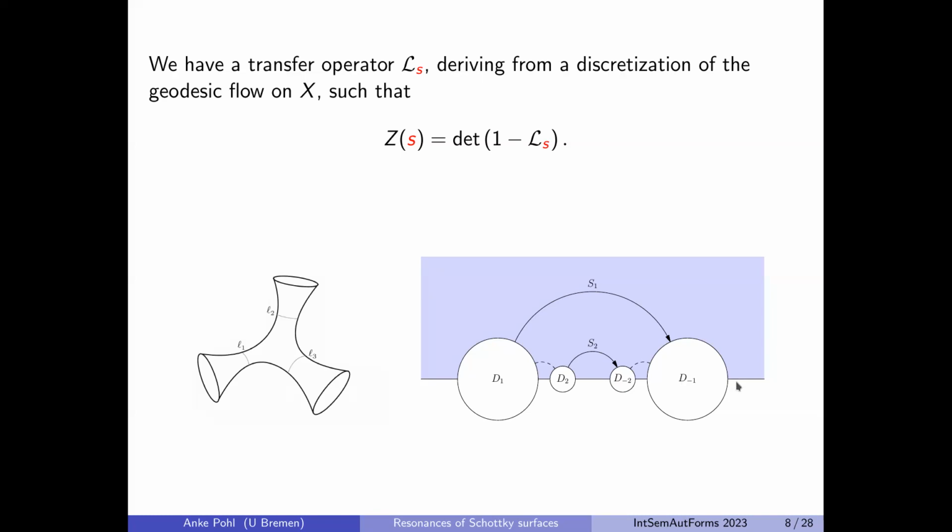Okay, and this you can understand as a discrete version of the geodesic flow. And the transfer operator is taking this discrete dynamical system, so the self map, and asking for evolution of densities under this map. There's a formula coming in a second. The way you should think about this informally is that a transfer operator is a discrete version of the hyperbolic Laplace operator on your surface, where you always ask for spectral parameter S.